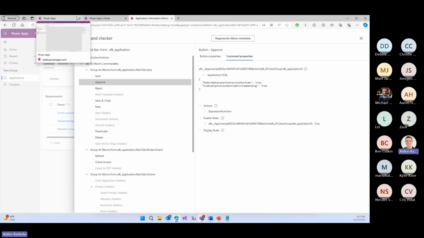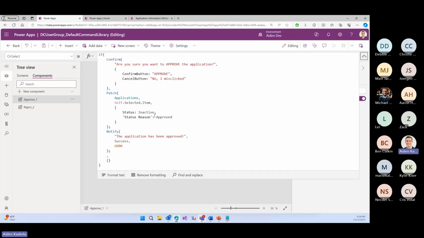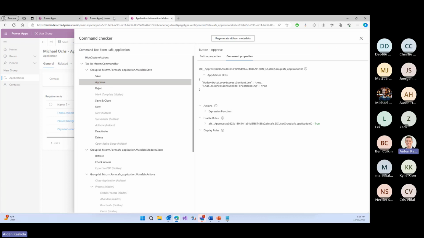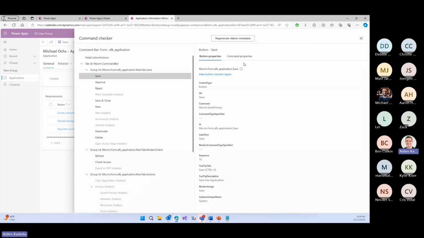Now, what's really cool, I think, is when we look at our command properties, the reason that I have to keep refreshing when it says a new version of the app is available, the reason that we have to refresh, is when we hit our publish button, it's actually taking this PowerFx expression and converting that into JavaScript, and that JavaScript is what actually runs in our application, right? So the visibility and behavior of the approve button is actually based on JavaScript. And we can see that in the command checker